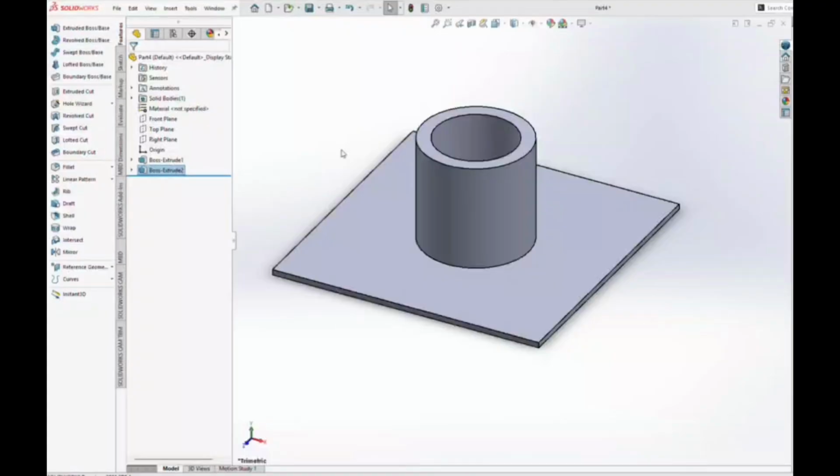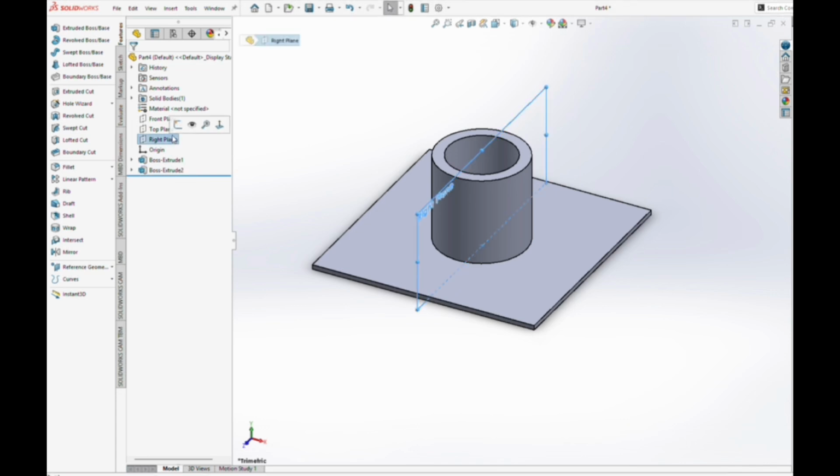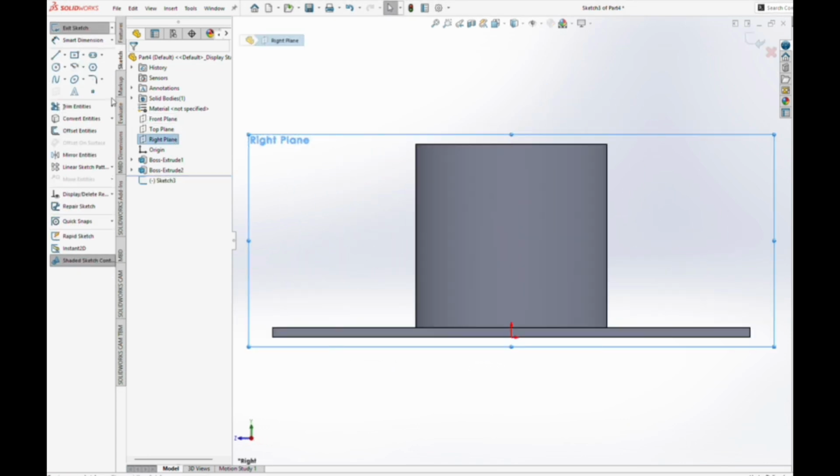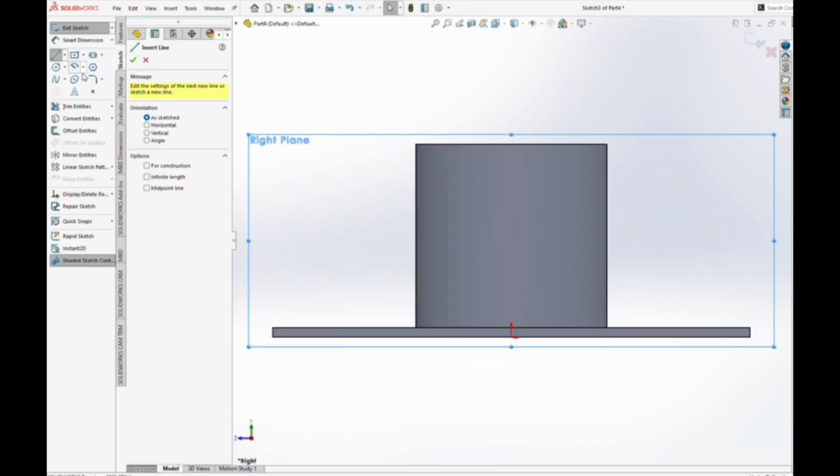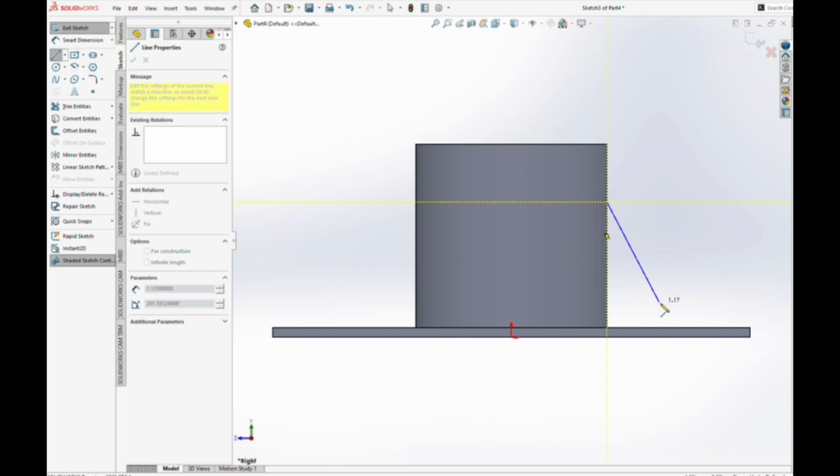Today we are going to make a drafted rib design. This design doesn't have a drafted rib, so we're going to make one on it. To make a drafted rib in this design, create the right plane and sketch a line from here to here